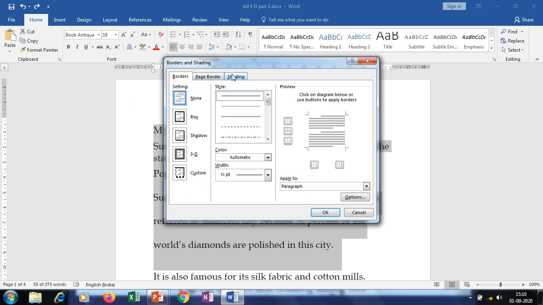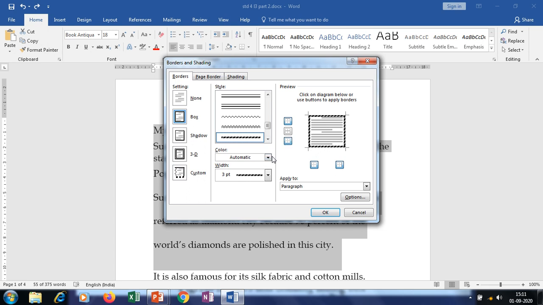In this you have three tabs. First one is the borders, page border and shading. So first we will see borders. Where you want to give the borders, how you want to give the borders, just select that particular style. You can see the different styles are there over here. So whichever style you want you can select. So I'll select this one. Automatically as I have selected, you can see in the preview box. In this preview box you can see how the page or the borders will appear.